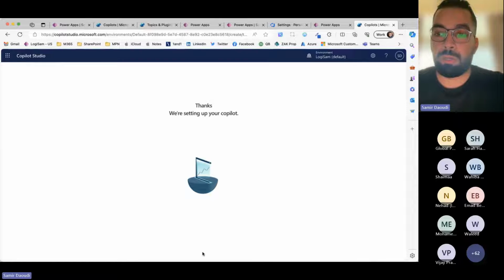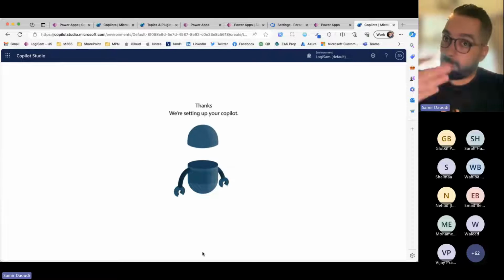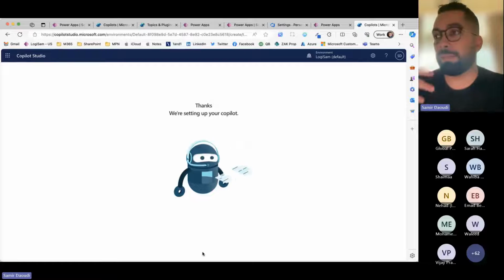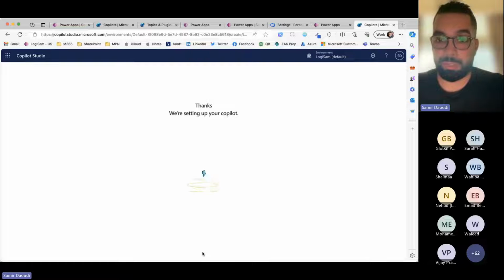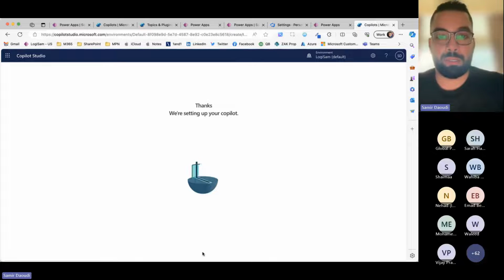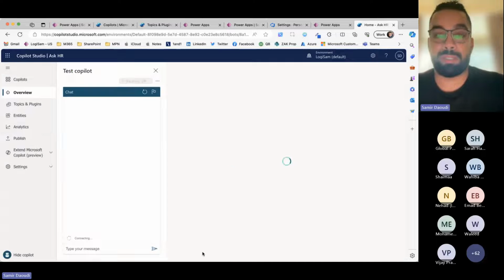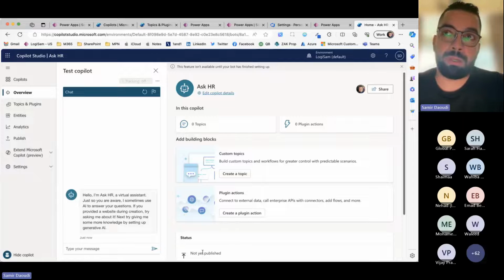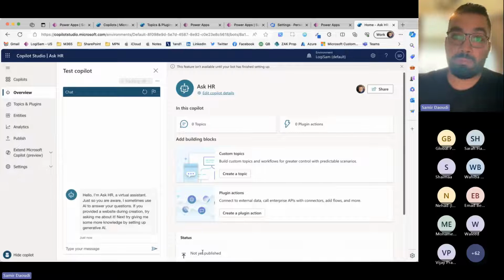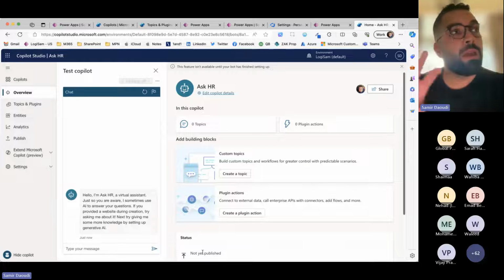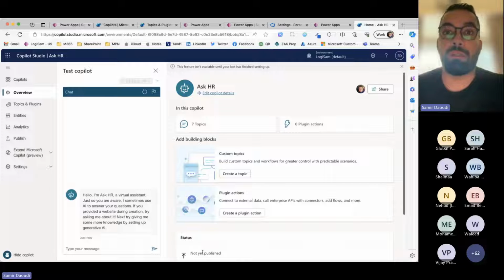There is also the option of uploading documents to Copilot, so you can upload the document instead of pointing to the location of the document, and the Copilot will scan that document, understand it, and answer based on the knowledge there. It can be something like a policy or frequently asked questions that you have. And then the third thing, while this is loading, is using SharePoint. You can point it to your existing SharePoint. You know that with uploading, it's going to be harder for you to maintain those documents. So you can point to, let's say, the HR policies and procedures that, to be honest with you, nobody reads. You can point to that document library, and Copilot is going to index it, understand, and answer the user question based on the